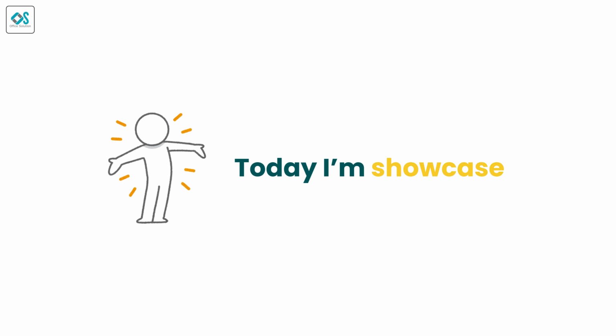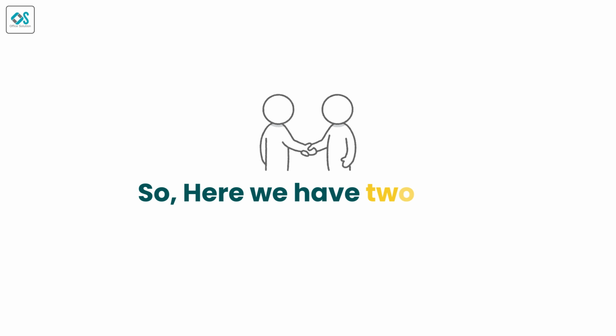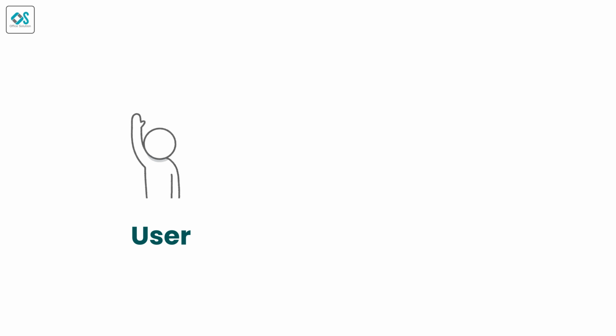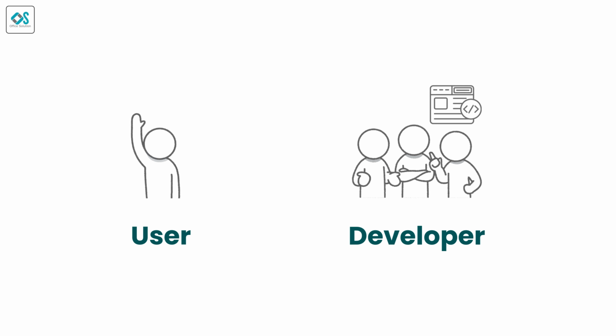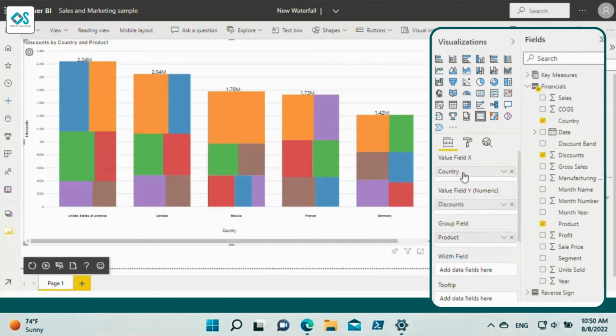Today I'm showcasing the tree bar chart. Here we have two kinds of functionalities: one is for the user and another one is for the developer. For the developer, as you can see, we have value field X, value field Y, group field, width field and